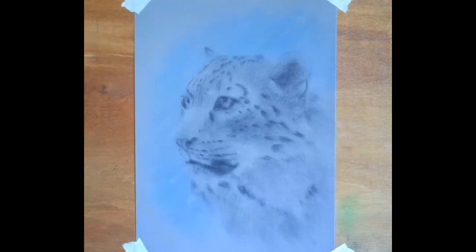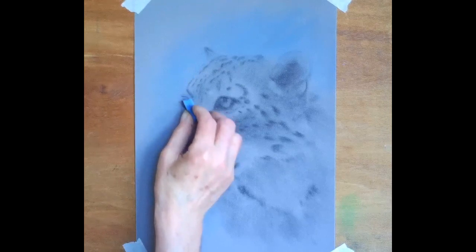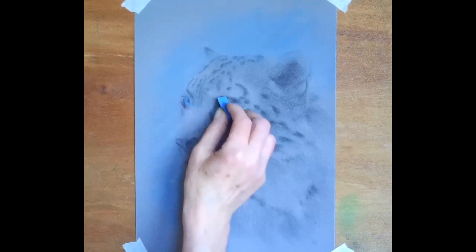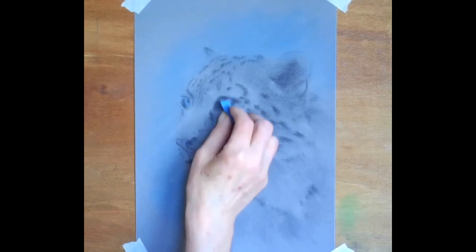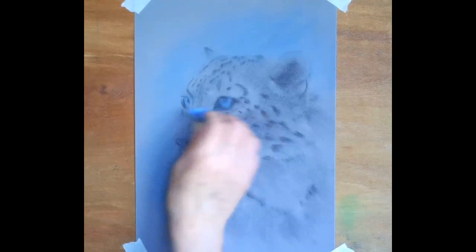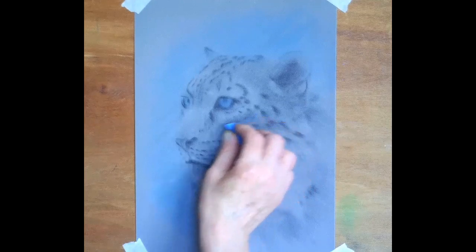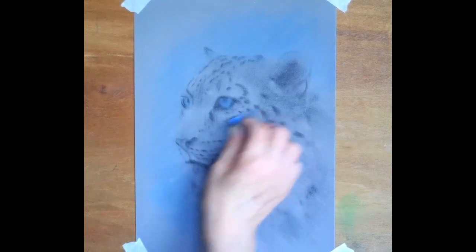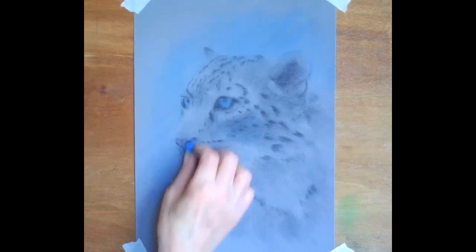And what we're going to do is give our snow leopard sort of blue-green eyes, not too green, not too blue. So I'm going to use a hint of this blue in the eyes to begin with. And as always, go over the edges just slightly. Don't worry about trying to shape it exactly around the pupil or around the rims or anything like that. We can tidy that up later. So there's a hint of blue. We can also put some blue in some of the deeper shadows. A little hint of blue underneath the cheekbone. Maybe a little bit around the nose